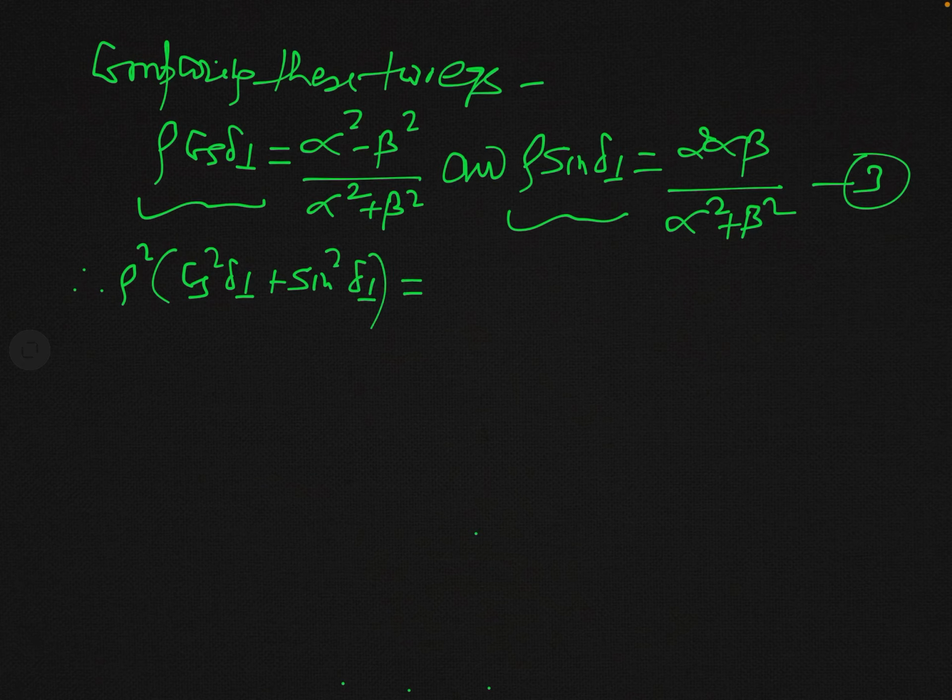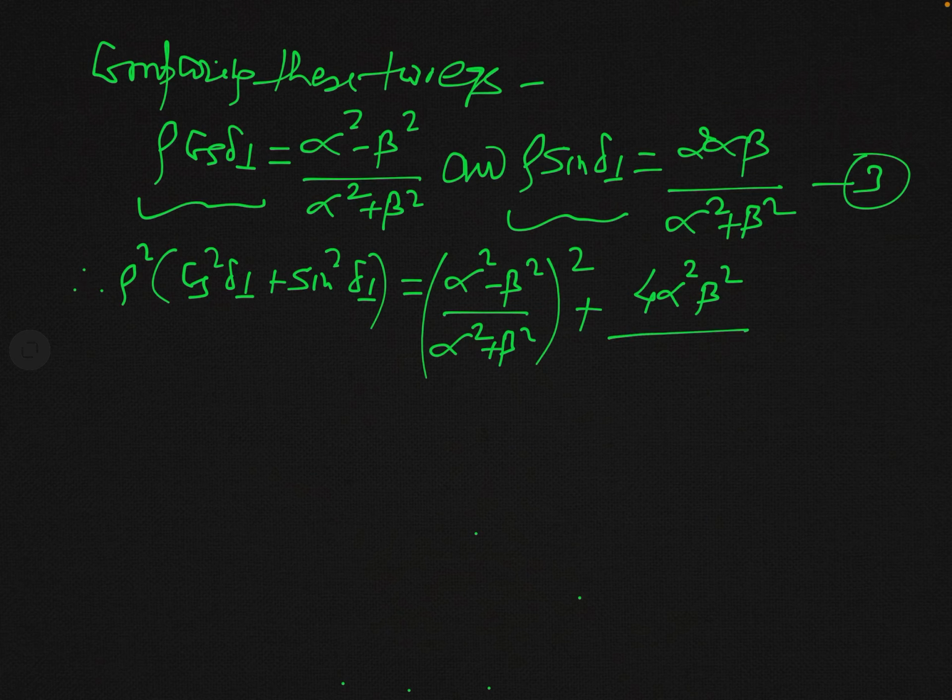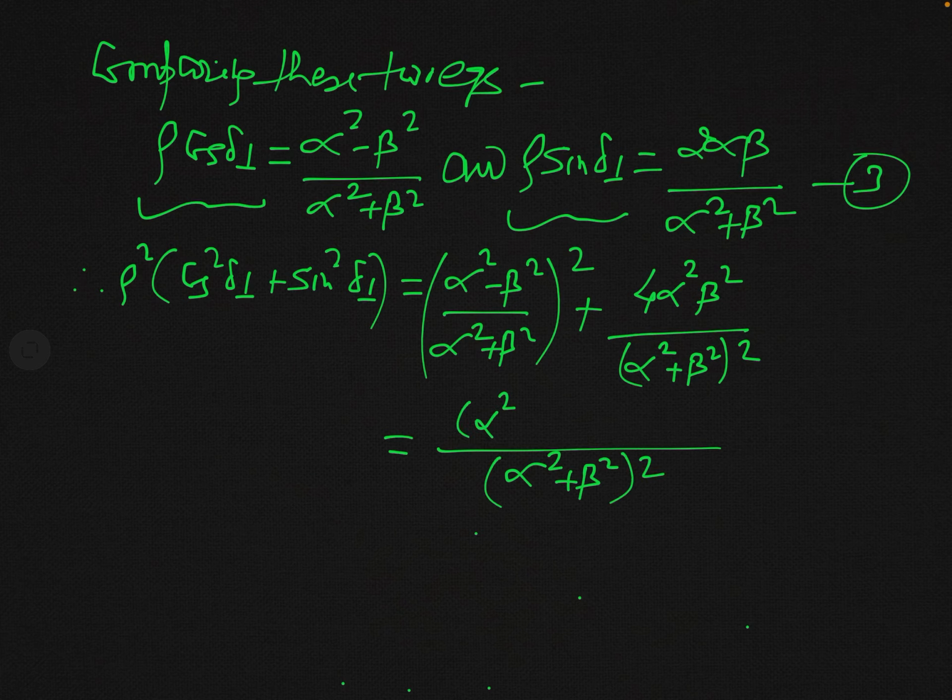Rho square into cos square delta perpendicular plus sine square delta perpendicular will be equal to alpha square minus beta square over alpha square plus beta square whole square plus 4 alpha square beta square over alpha square plus beta square whole square. So the LCM will be alpha square plus beta square whole square, and